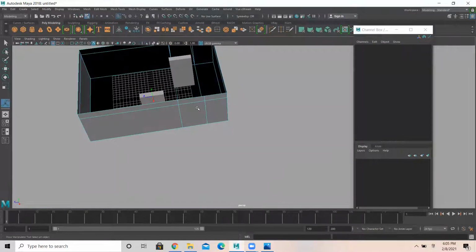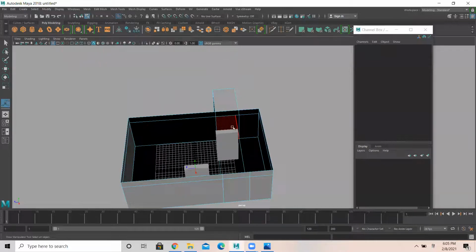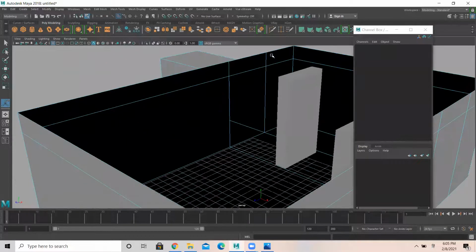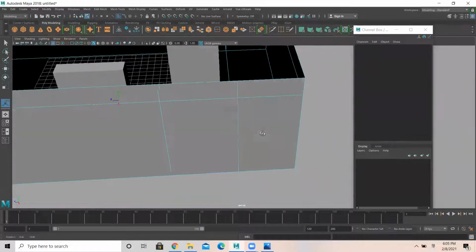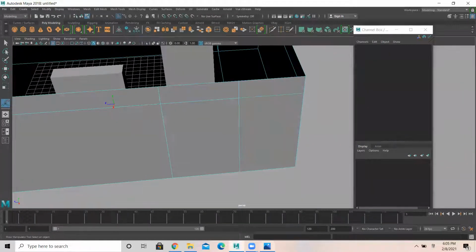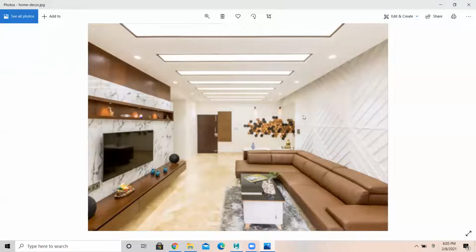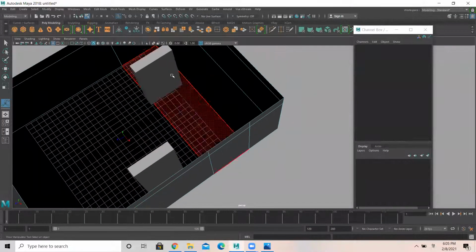What I did is I just created a passage here, wherein I have manually added a few meshes, meaning insert edge loop, two loops, and I removed it. Whereas here it is not like that. We need a break here. So if you see, this is the entrance.